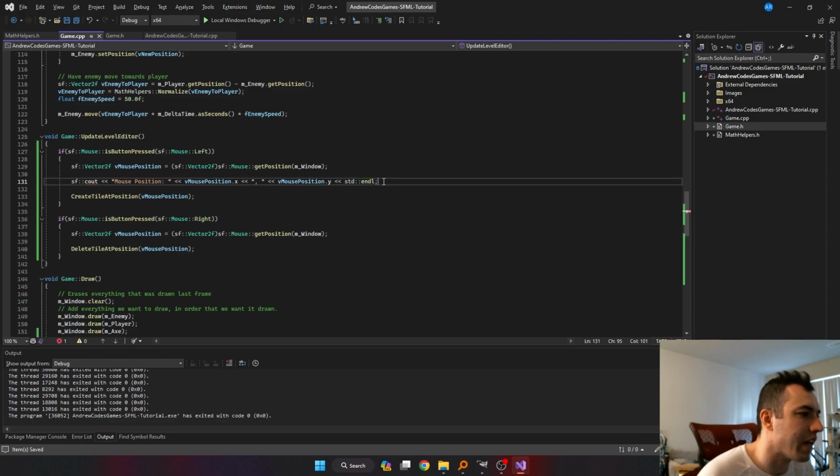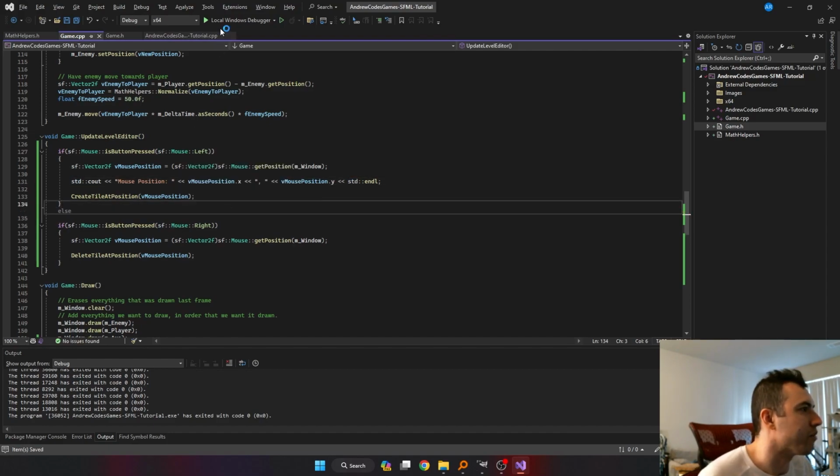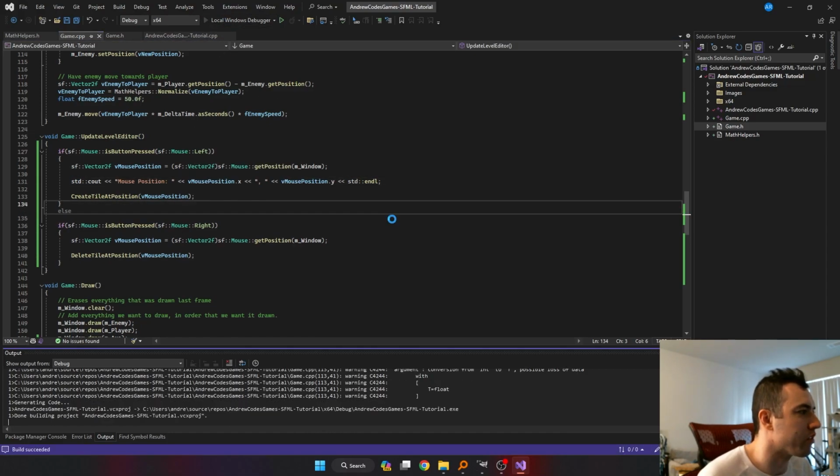So if we didn't have this here and we kept calling this, it would span across the whole console. But with this here, it goes line by line. Oh, it put SF in front of this. This is definitely from the standard library, not from SFML. So now if we run this